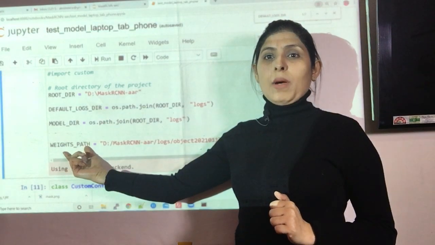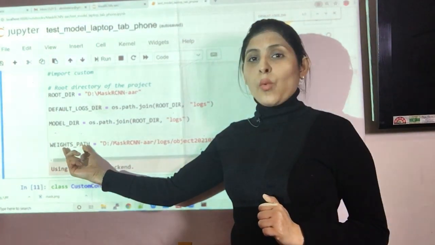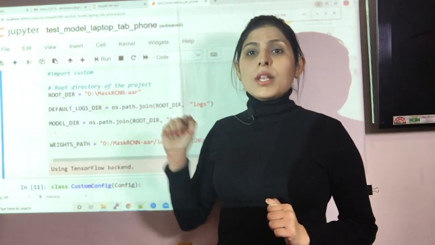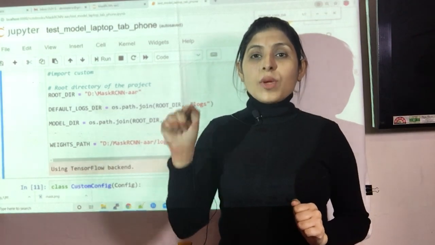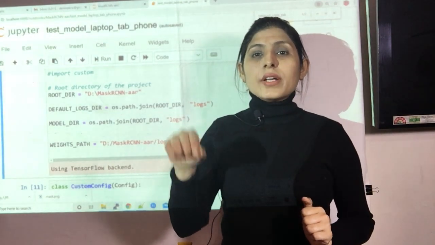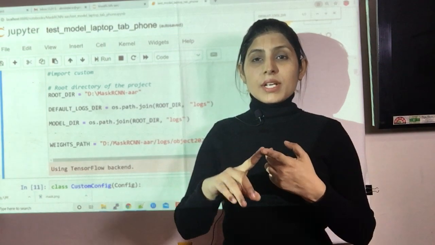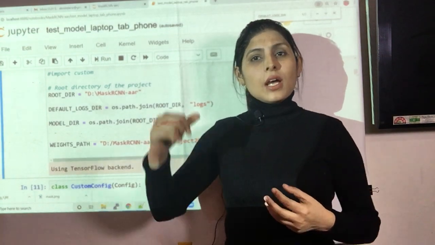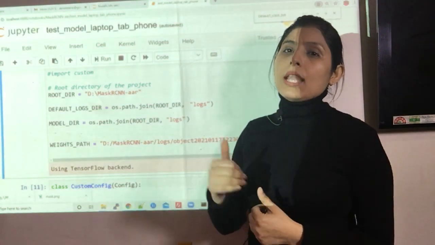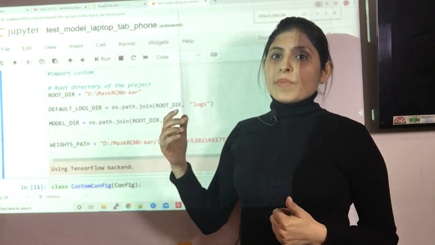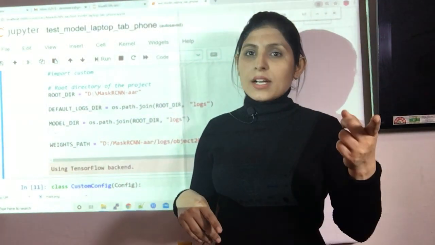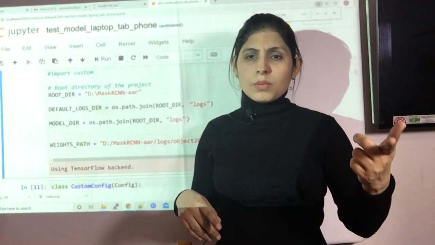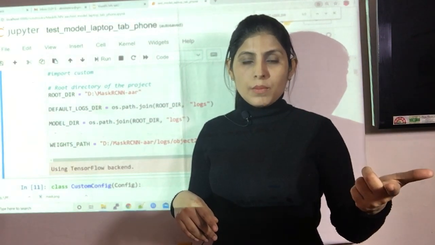And then weights path. See guys, this weights path variable will now have the weights which we have created for our custom dataset, and our custom dataset is laptop, tab and phone. All right, I'm showing you this on the laptop, tab and phone dataset, by running that custom.py file which I've shared in my GitHub repository.